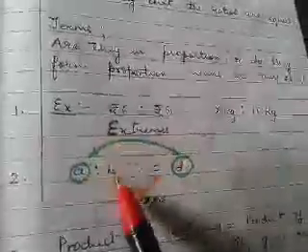Now next, the whole chapter of proportion depends on only one thing. Product of extremes is equal to product of means. Okay. So we have here two ratios, A is to B and C is to D. When they are equal, the product of extremes is equal to product of means. Means these are extreme corners, A and D. When we multiply A and D and when we multiply B and C, if the product is equal for both, we say they are in proportion. Okay. So product of extremes is equal to product of means.